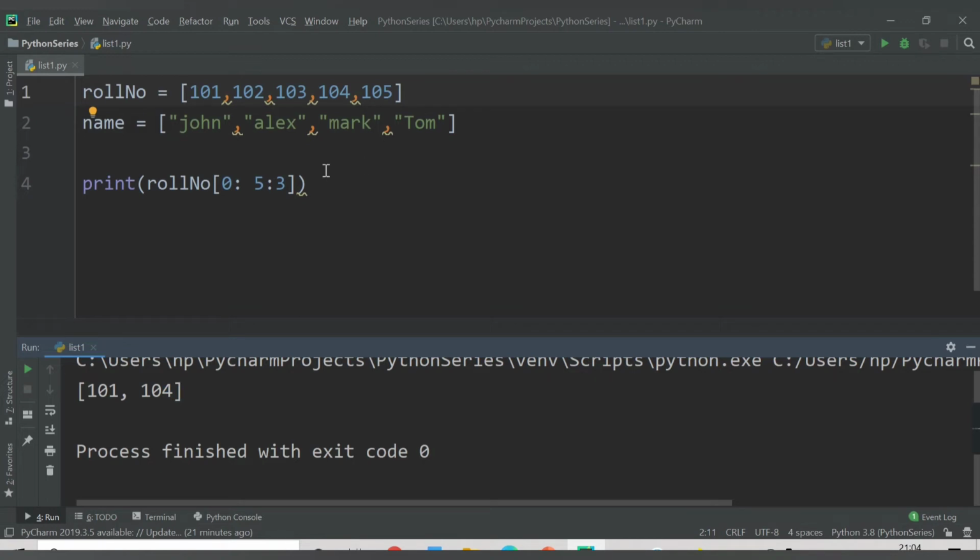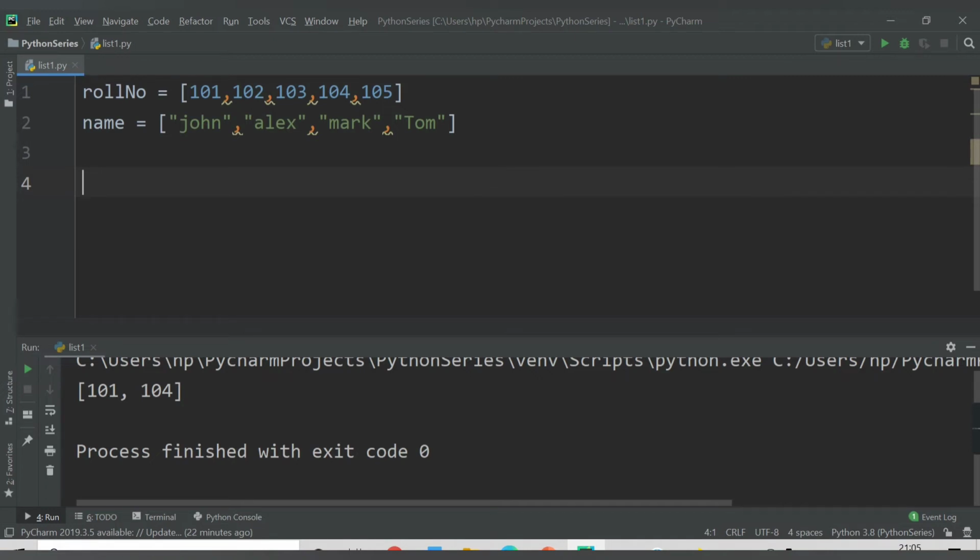So in this way you can slice your list as per your requirement by providing the values in the square brackets. Another important function of a list: as you have declared this list, you can also change the list. You can add data items in your list as per your requirement.